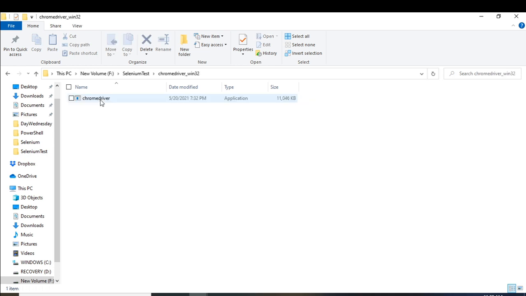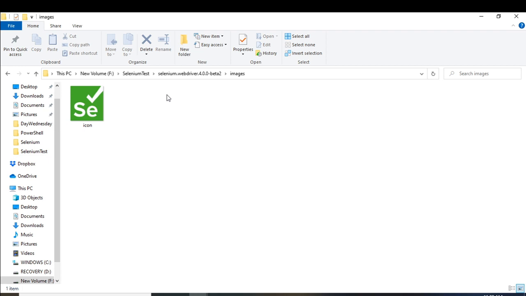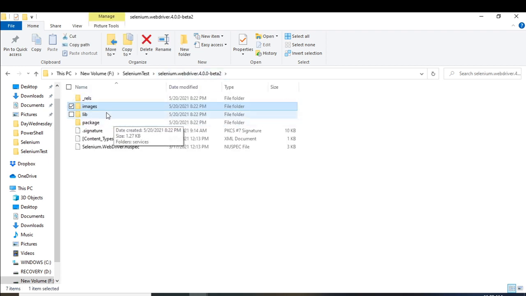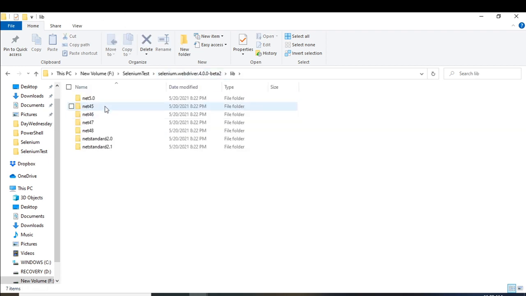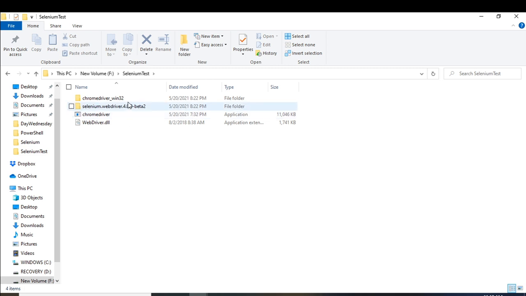For example, this contains the Chrome driver, and this folder contains the DLL. It depends on the .NET framework installed on your system. So as per the .NET version, you can use these DLLs.